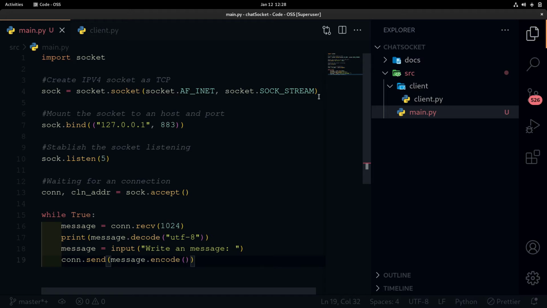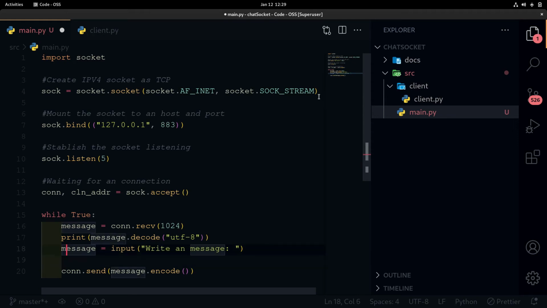To send this message, we need a modified message. This message will be server plus message.